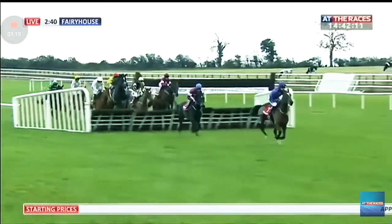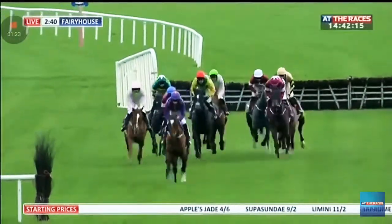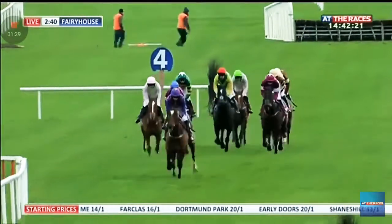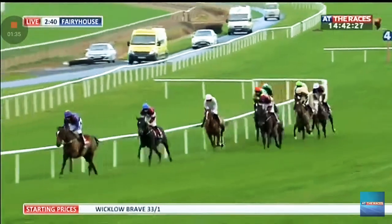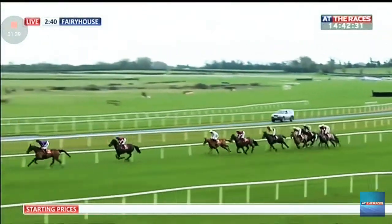Over the first, and Wicklow Brave jumps it in the lead, going on about 2 lengths clear of Apple's Jade in second position. A further 2 clear of Far Class back in third, and Limini in fourth. Super Sunday's next with Shane's Hill up on the outside. Then comes Early Doors, and wide on the outside the grey Far Class, and last of all is Bob Home and